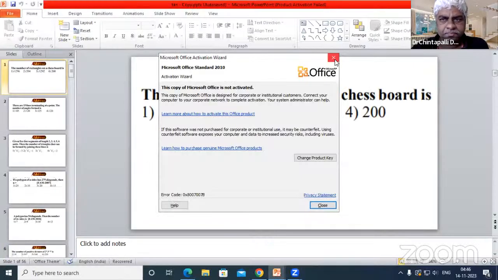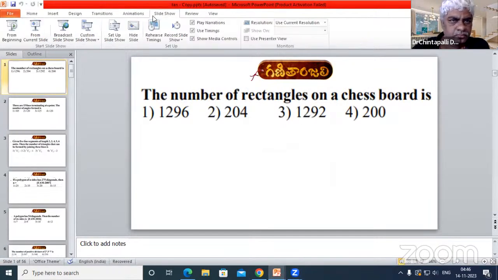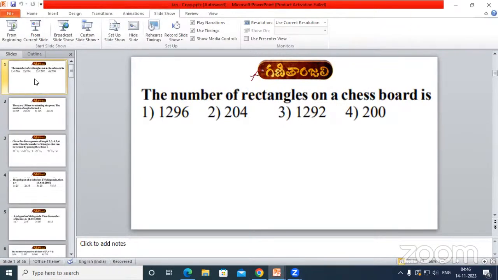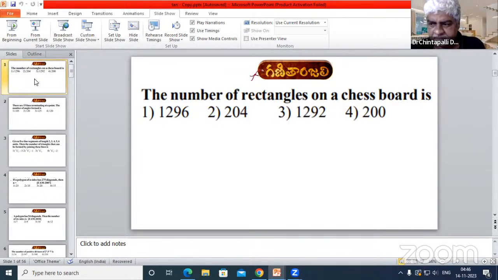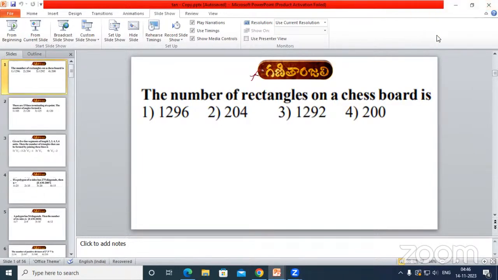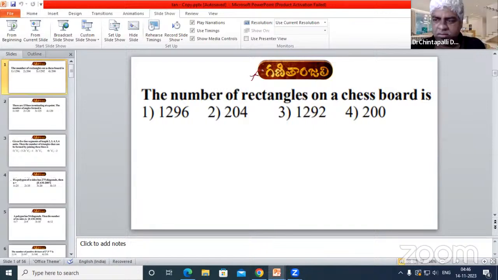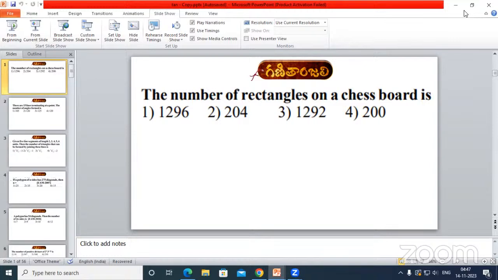Okay. Read the first question. The number of rectangles on a chessboard is. How do you think that it is 200? I don't know, sir, but it seems to be 200 because